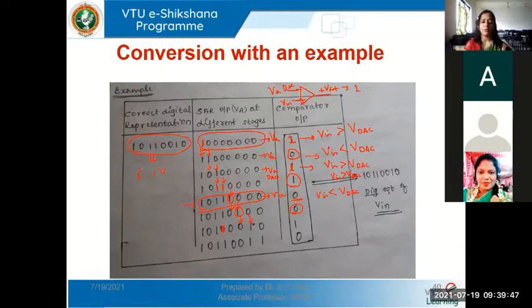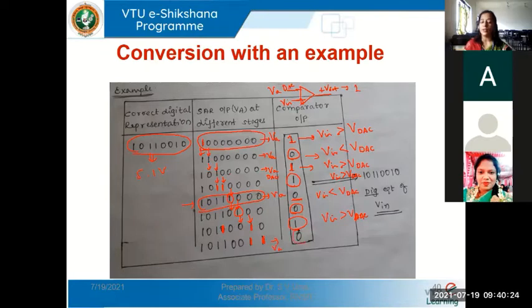When you set the seventh bit, again convert to analog and compare it in the comparator with the input. Now the output has shown a 1, which means the input is greater than the DAC voltage. So you retain this as a 1, and in the next cycle just make the LSB bit 1. Now we have come to the least significant bit. Make that high, do the conversion and compare the converted voltage to the input.